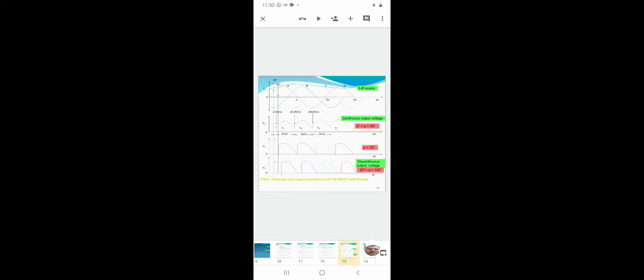So the firing pulses are given at the time interval of pi by 6 plus alpha. At the pi by 6 time period, thyristor T3 is already conducting for phase C. So we have to control the output voltage on the output side, giving the angle alpha at pi by 6 plus alpha. So the thyristor starts conducting at pi by 6 plus alpha, and the output voltage V0 increases slightly, reaches the maximum voltage, and then the voltage decreases.